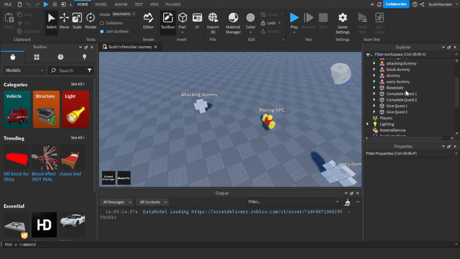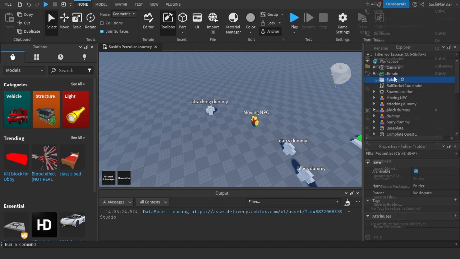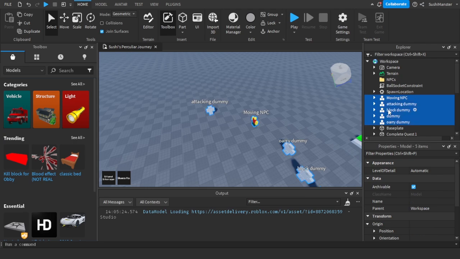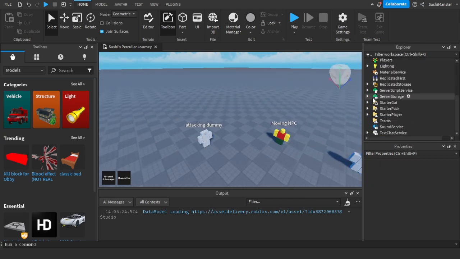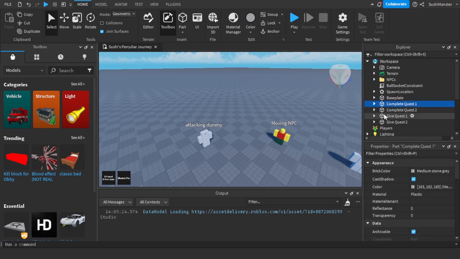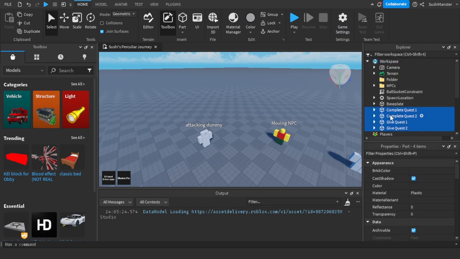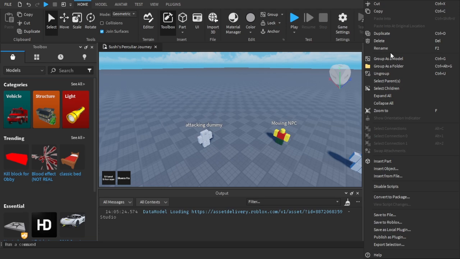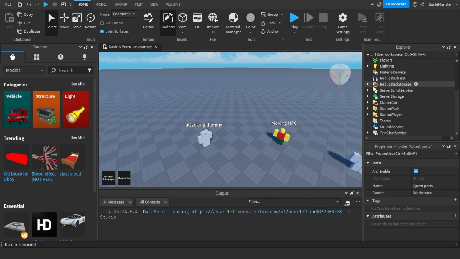So first of all, this is completely messy, so I'll just make a folder for the NPCs and all the stuff like this, but it won't work because of my value manager. It'll give an error because this is not a children of the workspace. It's a descendant of the workspace. So let's go to the value manager,